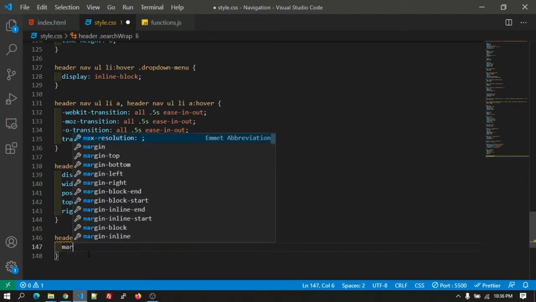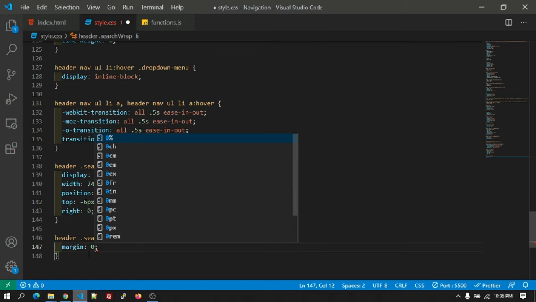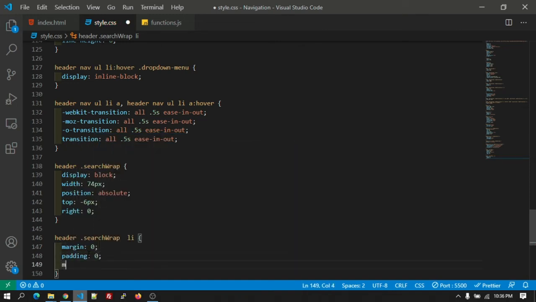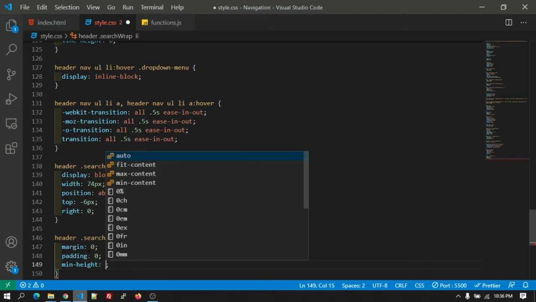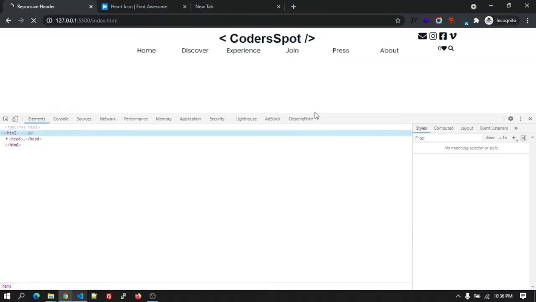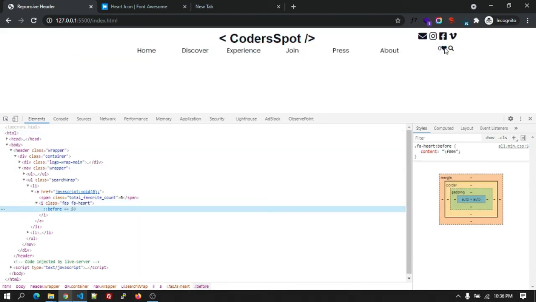So margin will be 0 and the padding will be 0 and the minimum width will be auto. Okay, so let's see how it is looking. This is how it is looking. Let's give the font size as 22 pixel for the icons.